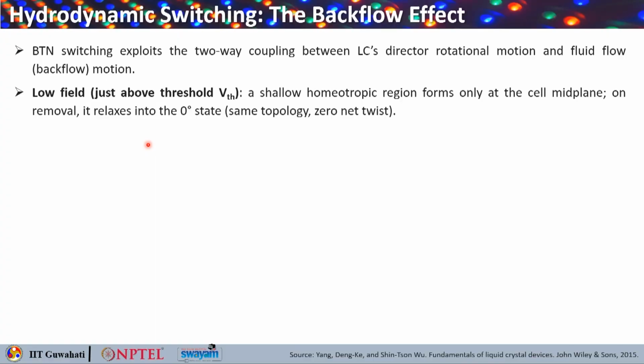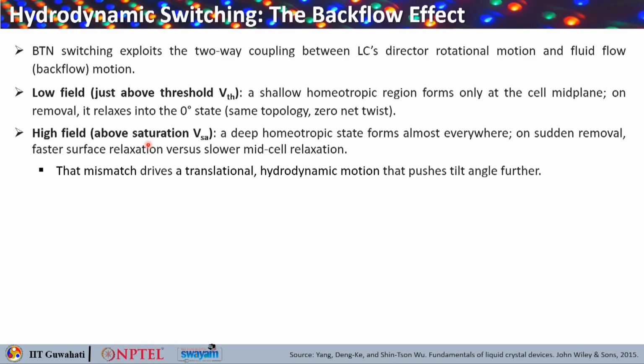So for low field, that is just above threshold VTH, a shallow homeotropic region basically forms only in the cell midplane, and upon removal it basically relaxes to a 0 degree state. So it has the same topology with 0 net twist. And at high field, that is above the saturation voltage VSA, okay, so above the saturation voltage,